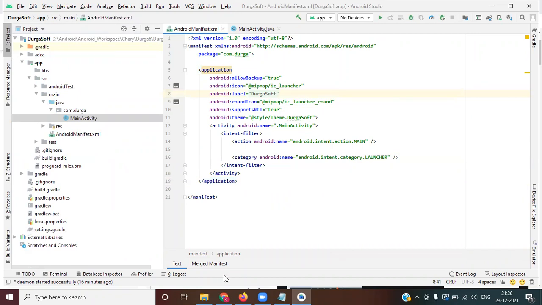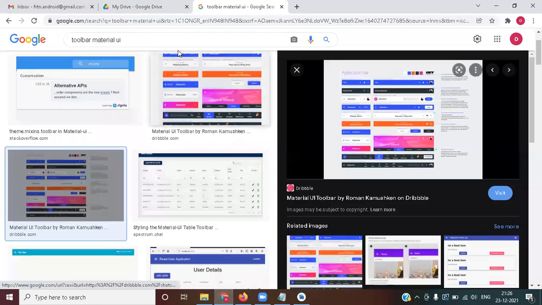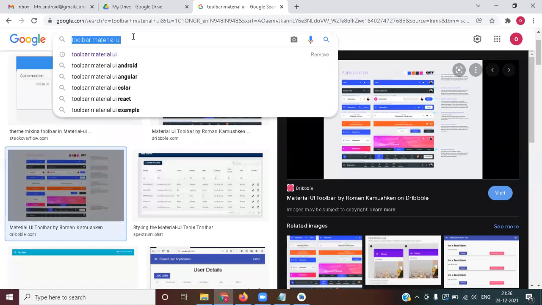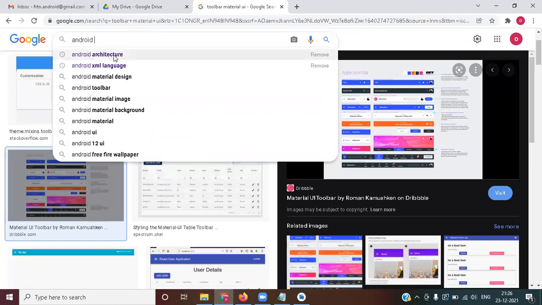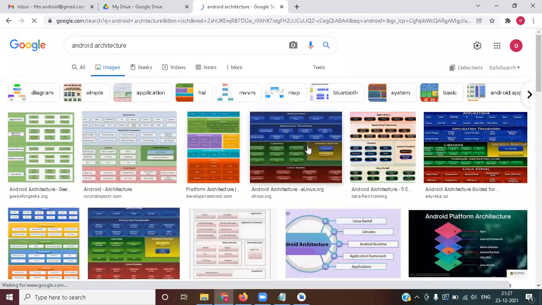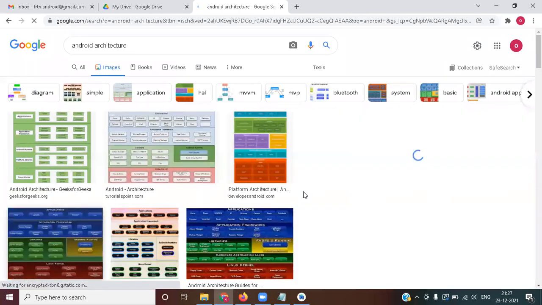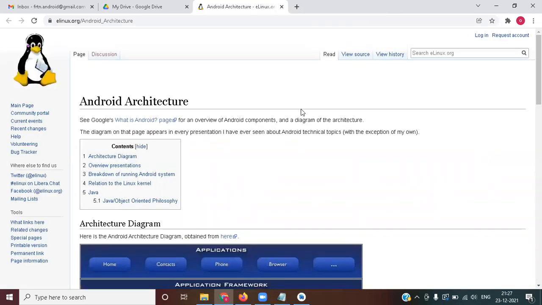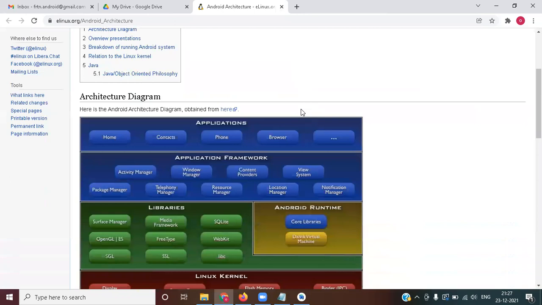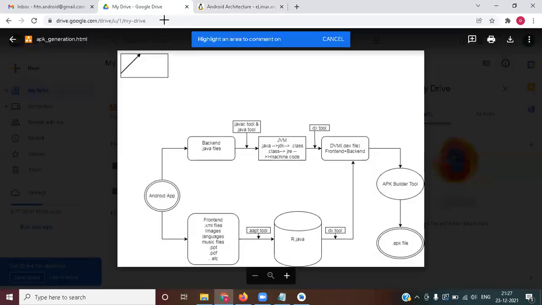For the execution part, I have discussed Android architecture, right? In the Android architecture, I discussed one part, the Android runtime part. In the Android runtime part, there is a Dalvik virtual machine available. What does this Dalvik virtual machine exactly do? I conveyed that the Dalvik virtual machine is responsible for generating your application output. How is it going to execute? What is the main importance of the Dalvik virtual machine? That I have drawn here. Now you can understand this.